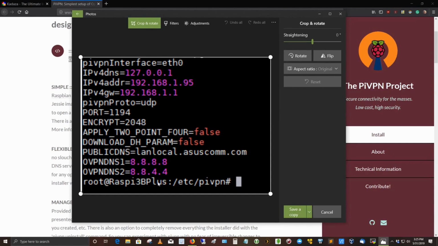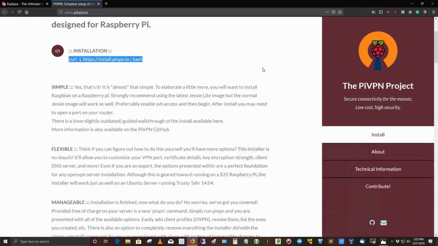And then here's the file that I was referring to. It's etc PiVPN out on Raspbian 3B+, which is the host name of my Pi. All right, so let's go ahead and close that. And I'm going to go ahead and show you how I set up the Pi. Well, I'm not going to go into the actual setup, rather,